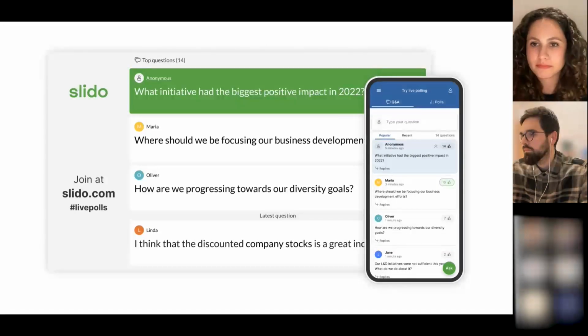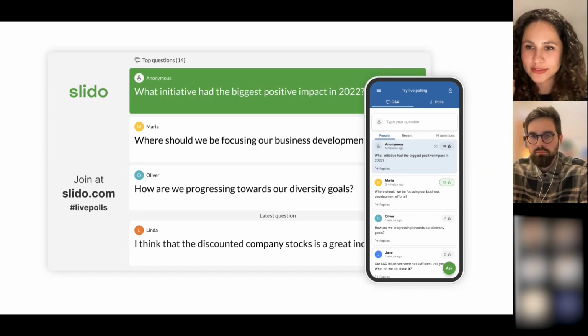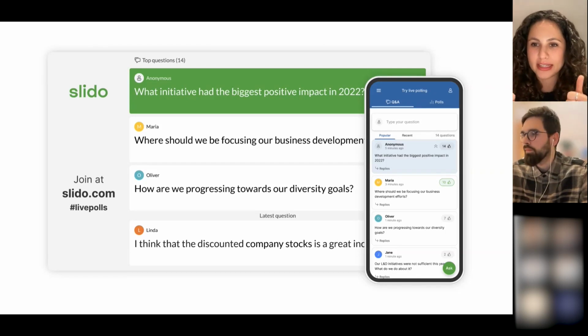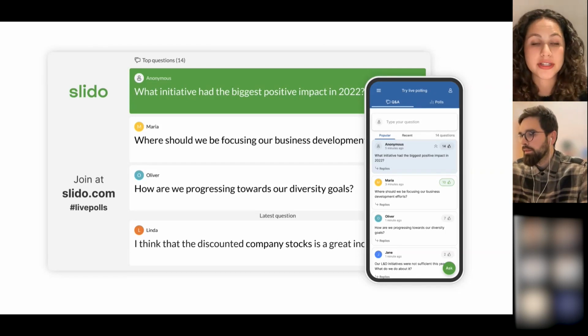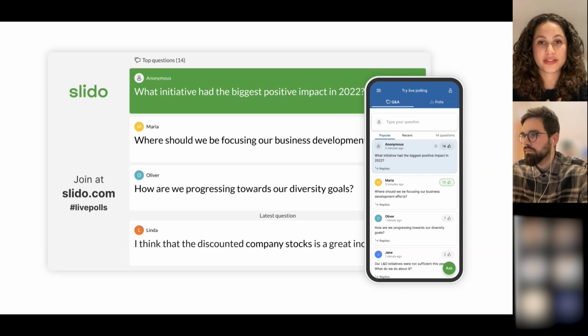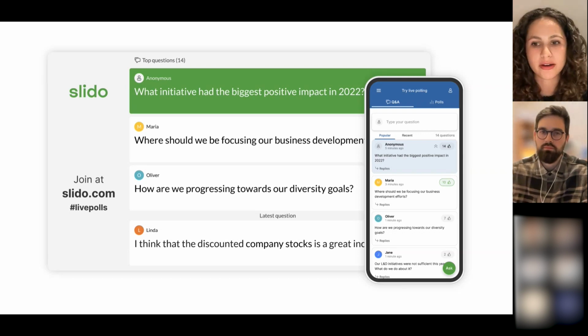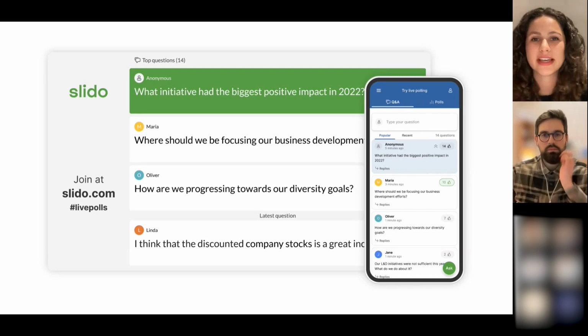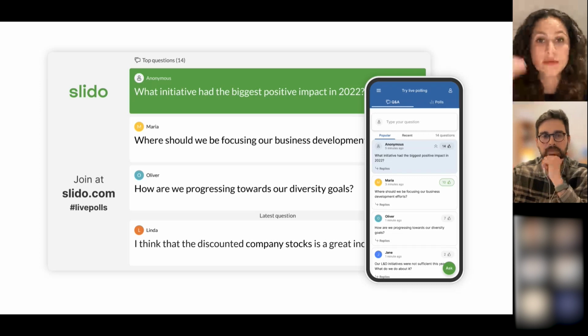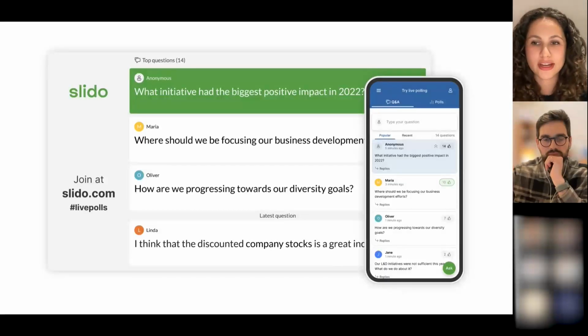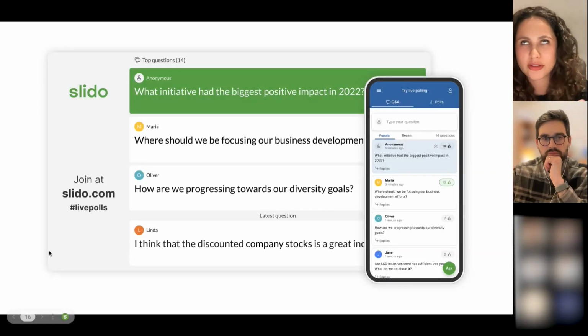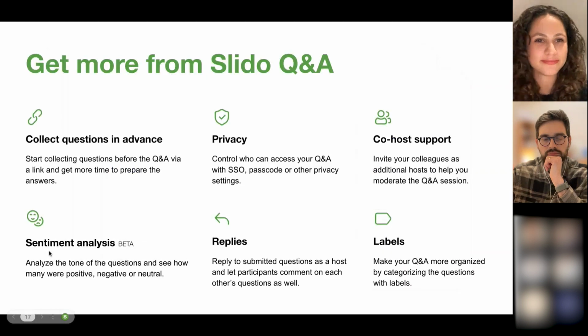It makes it great. If you look at the cell phone image, you'll see the little thumbs up and likes. That is a fantastic way to prioritize top of mind information. For example, the top question has 14 likes. For me as a presenter, it's a lot more beneficial to answer a question that many people are wondering about rather than the question at the bottom that only has 2 likes. Especially if I'm running out of time, I'll want to prioritize those top questions, and they will move according to the number of likes. You can turn that feature off if you want to, but I wouldn't.